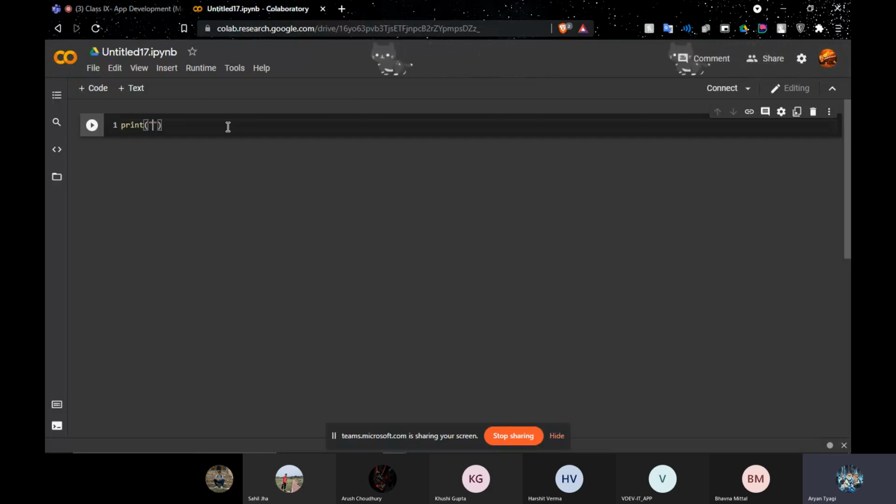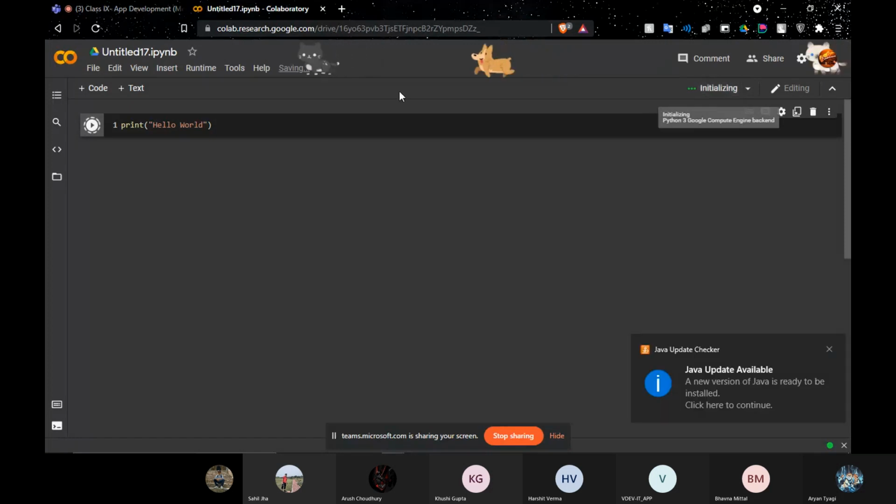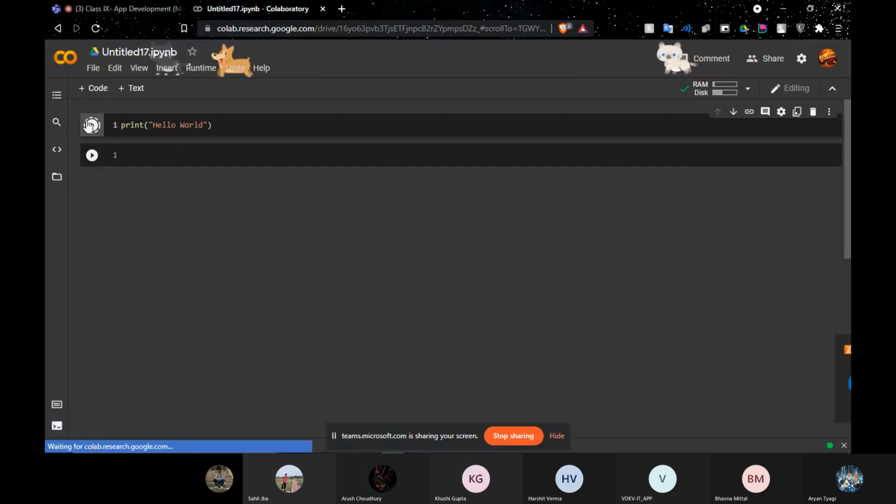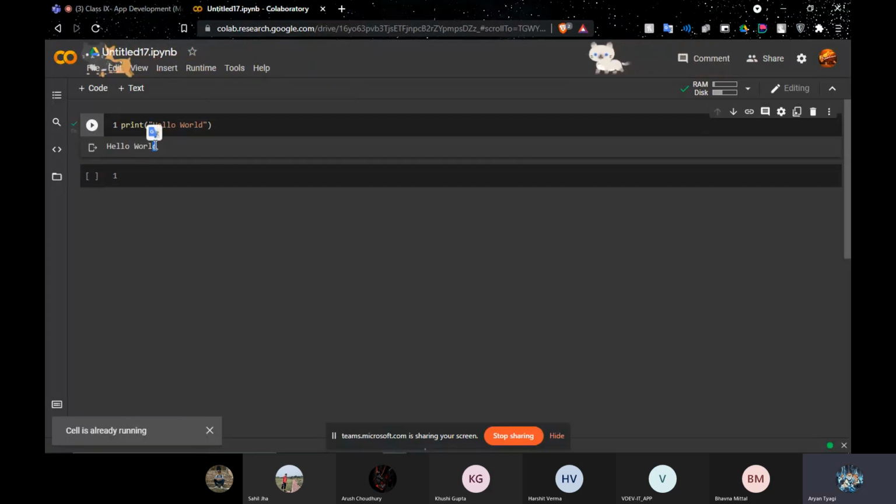So if I say print hello world, and we run this command, just a second, Google, it's connecting. Okay, so as you can see, it just printed hello world. So that's what the print command does.